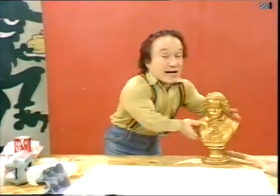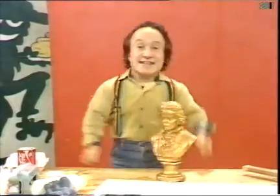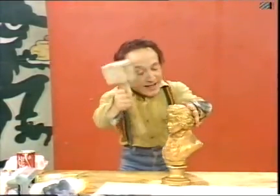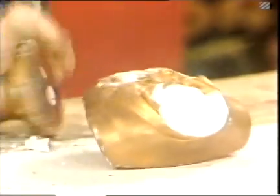Now, all you need is just look around the house for some attractive, valuable antique like this bust of Beethoven. Say hello to the boys and girls, Beethoven. Da, da, da, da. And just with the use of this simple £2 household mallet, we lightly chip away on the head here, make sure it is a really valuable antique model. La la la la. I found this one in the study. La la la la. La la! Now, I haven't got time to show you all the steps, but I have made the exciting gift...